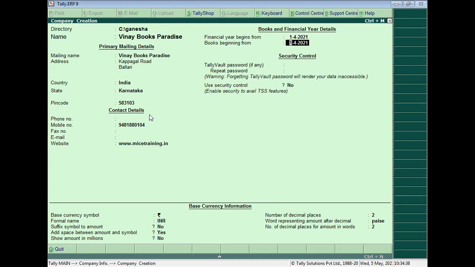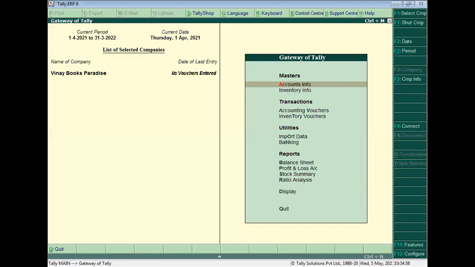And in security control, if our transactions should be confidential, then we can provide a password. If there is no need to give a password, just go on pressing the Enter key until we get the accept box. So now you get the accept, yes or no. Just press accept. When you press accept here, we can see that Tally creates a company in the name of Vinayaka Book Paradise, and you can see the current period from 1/4/2021 to 31st March 2022,